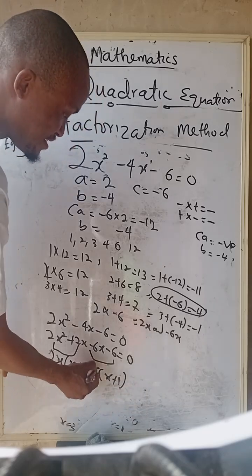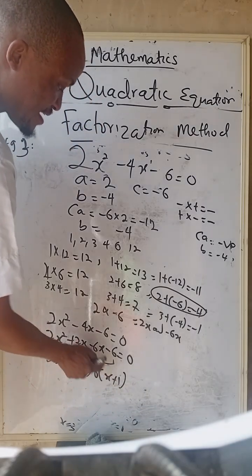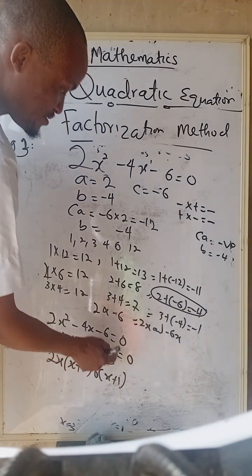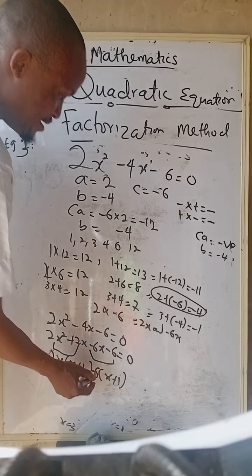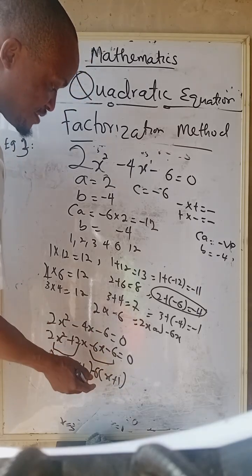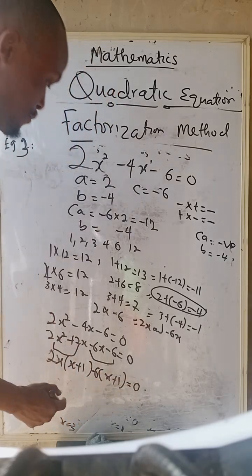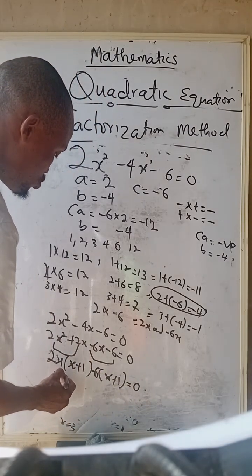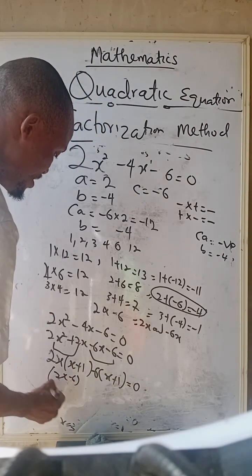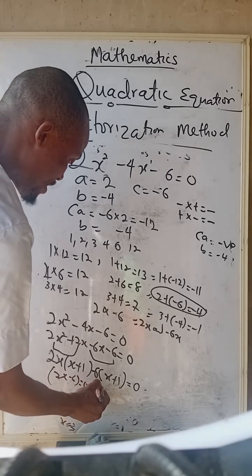Now let's try 6. If I put 6 here, 6 times x is 6x, no. 6 times 1 is 6, no. So let me put my negative here. Minus 6 times x is minus 6x. Minus 6 times 1 is minus 6. All equals 0. From this place, I'm going to have 2x minus 6 equals 0,